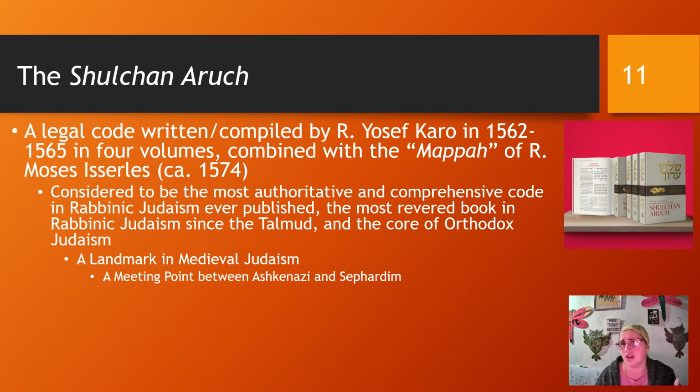But Yosef Karo produced this massive 4-volume codification of all Jewish law into 4 easy to use topics. So ritual law is the first volume. Second volume is sort of the laws that govern everyday life, such as kosher laws and laws of mourning and charity and things of that nature. The third volume is family law, marriage and divorce, and things relating to parenting. And the fourth volume is civil law, financial and legal matters. So this made Jewish law more accessible to people. It made it